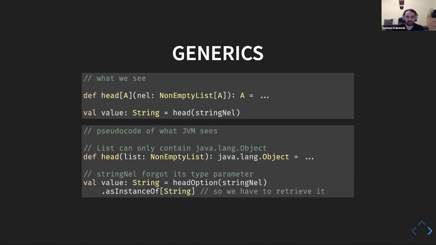So this has some implications. One of them is that if we try to use reflection, then anything that is parametric only sees everything as objects, so it makes things more difficult. Another consequence is that, as you can see, it can only take java.lang.Object or whatever upper bound we put there. So it cannot take anything primitive, like integer or bool or whatever. So we always have to box.